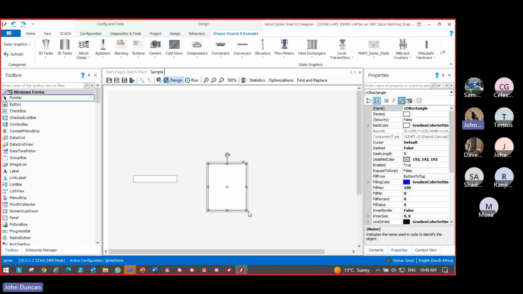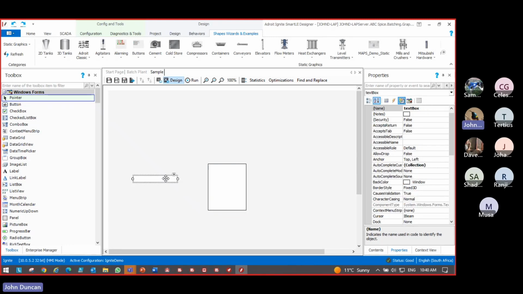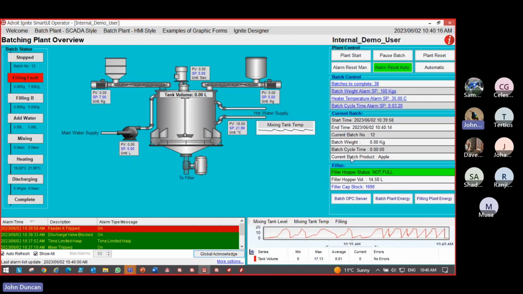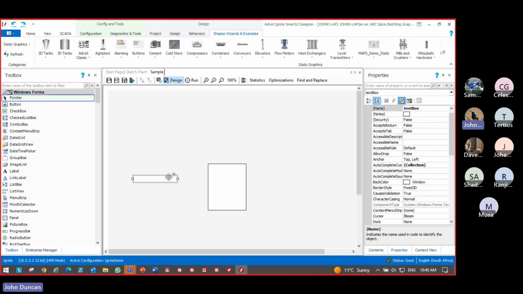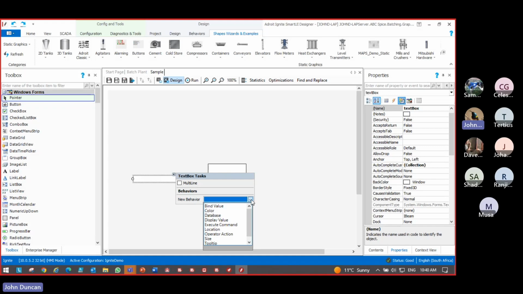Okay, simple and easy. So what I want to do in my display, in my text box, is display the batch weight of my product. Basically, whatever comes from the operator into this batch weight, I want to display in my little display window over here. So by clicking the smart tag, I can then click on new behavior,